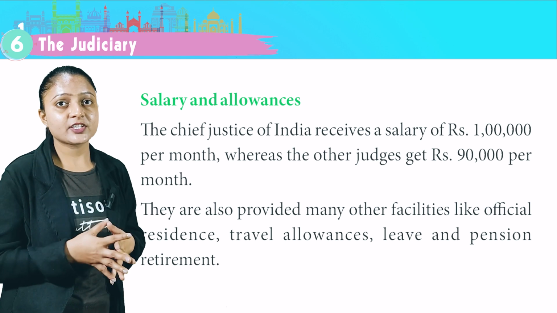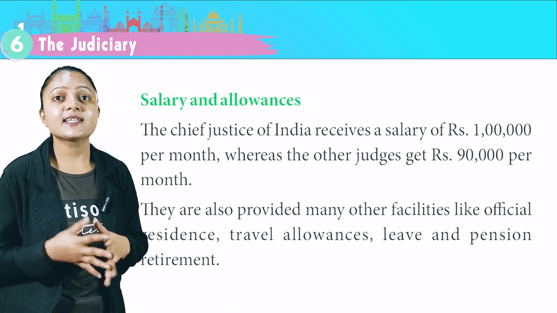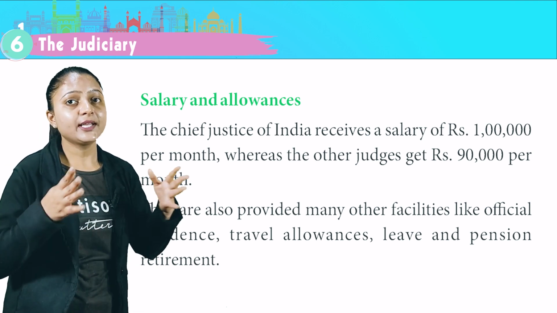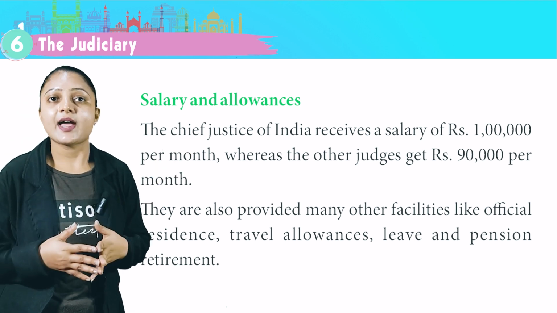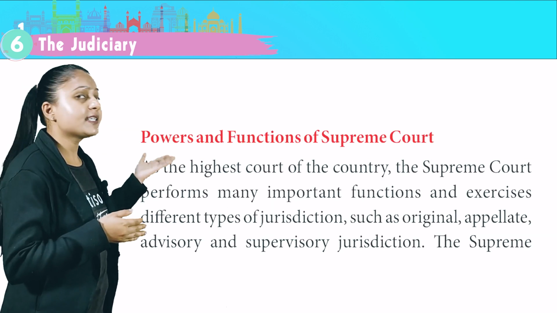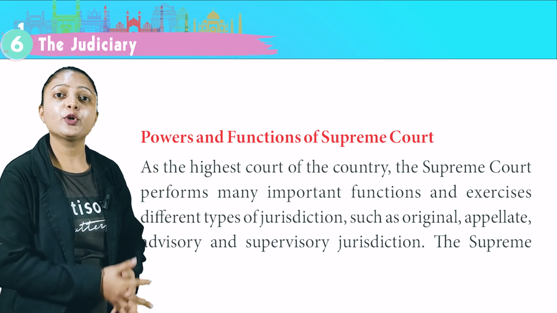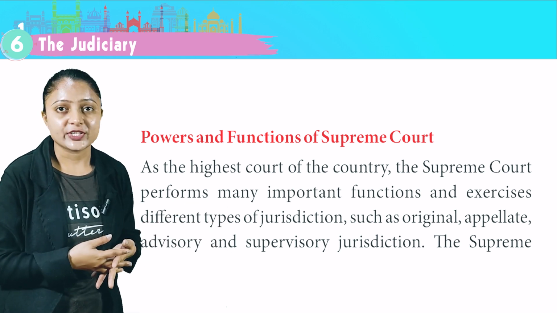Salary and allowances. The Chief Justice of India receives a salary of rupees 1 lakh per month, whereas the judges get rupees 90,000 per month. They are also provided many other facilities like official residence, travel allowances, leave and pension after retirement. Powers and functions of Supreme Court. As the highest court of the country, the Supreme Court performs many important functions and exercises different types of jurisdiction,